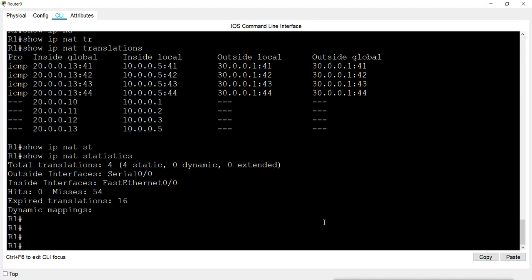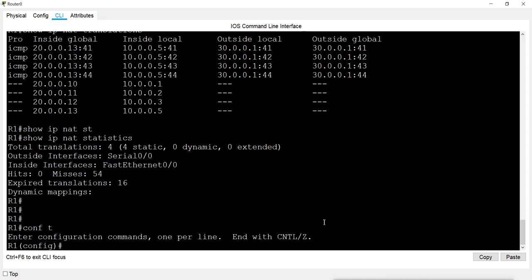So if I want to remove this mapping, this is the command which I use to map, so I have to put no before the command. That means you have to remove each mapping like this, one by one.